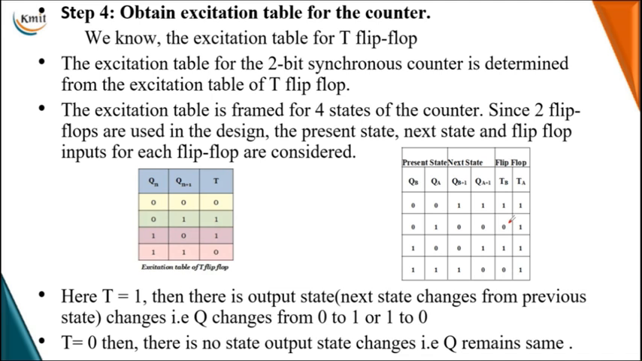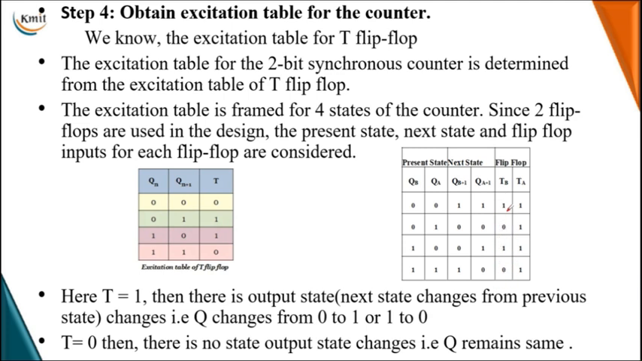Now in the excitation table of your counter, let me write the present state, next state and the flip-flop inputs required. So QB, QA are the present states, QB plus 1, QA plus 1 are the next states of each flip-flop, and TB and TA are the excitation inputs required in order to obtain the state transition. So using the excitation table of the T flip-flop, let me find the excitation inputs required on